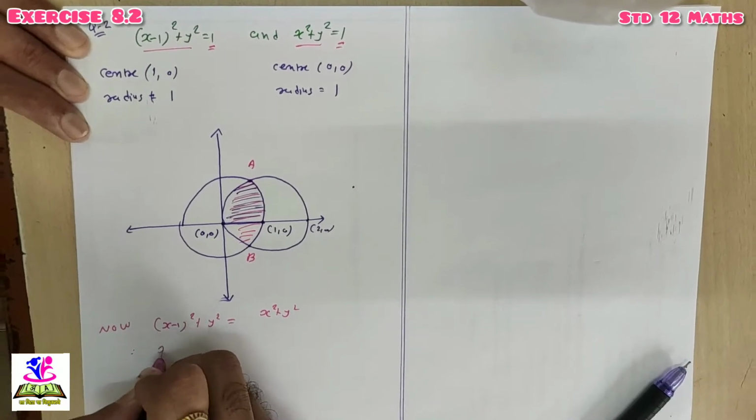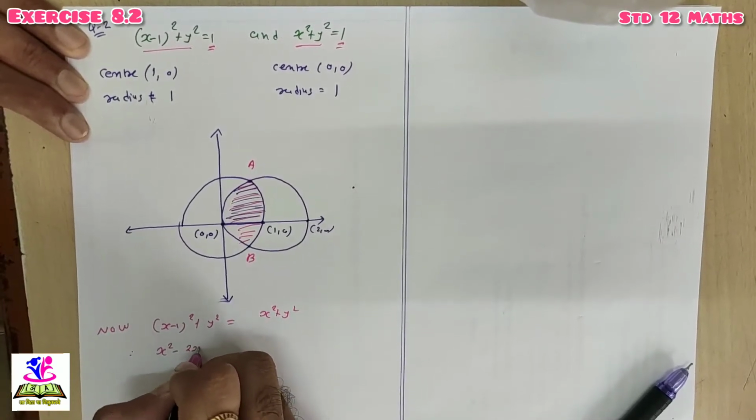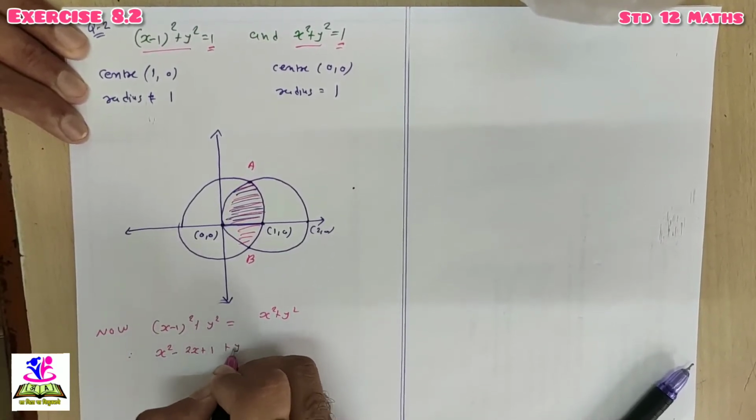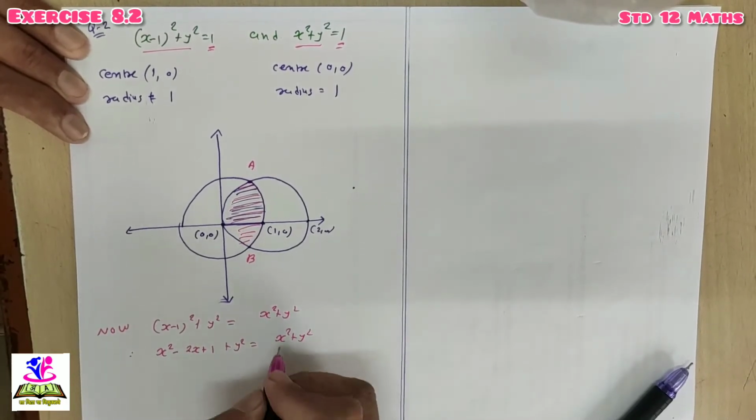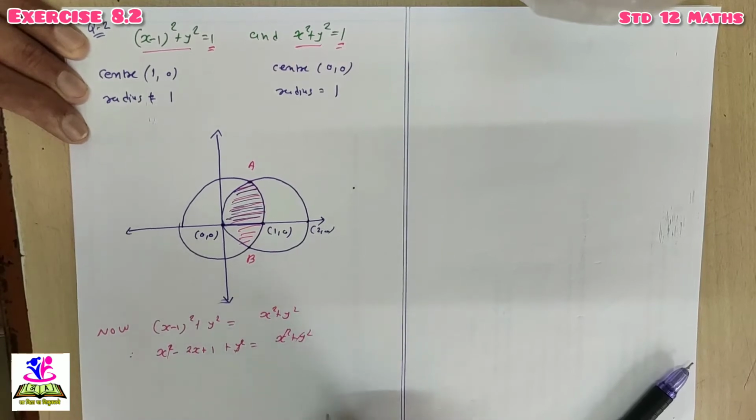Now perform expansion of this one. x square minus 2x plus 1 plus y square equal to x square plus y square. So here x square cancels, y square cancels. So remaining terms are